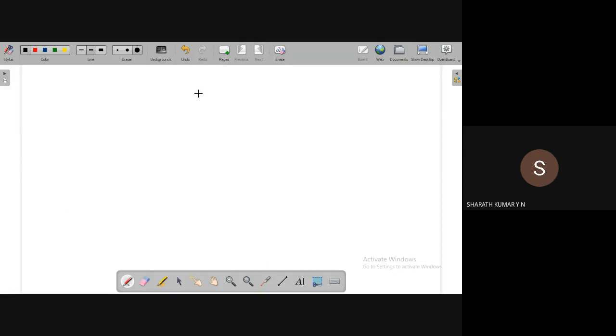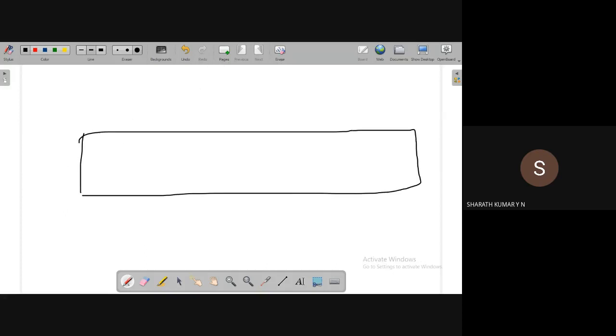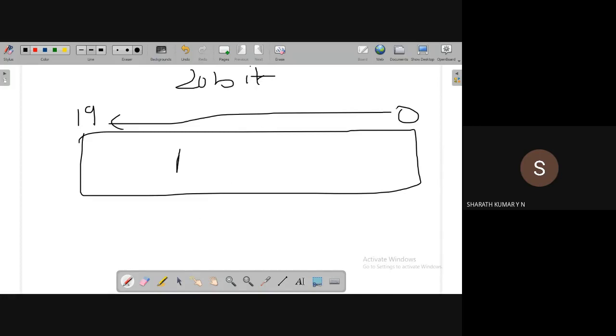Yes, let us take a little bigger example now. Let us say I have a 20-bit register. Somebody has to come out with the answer now. Let us say a 20-bit register. What should be the number of address lines? What should be the number of address bits? N is the number of address bits. What should be N? 5. That means 5. 2 power N should be such that it is greater than or equal to 20.